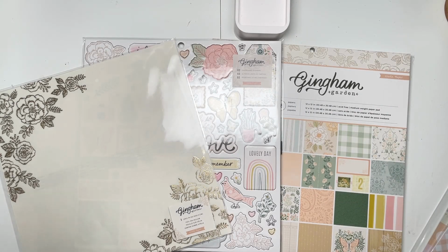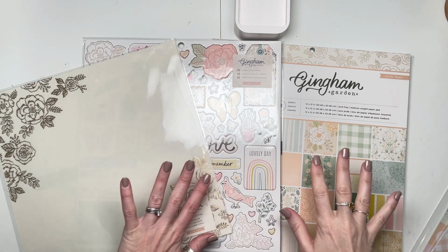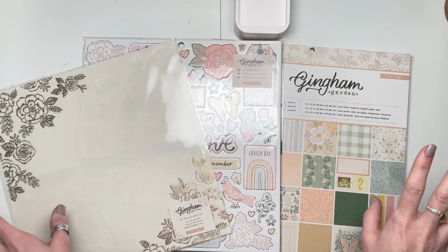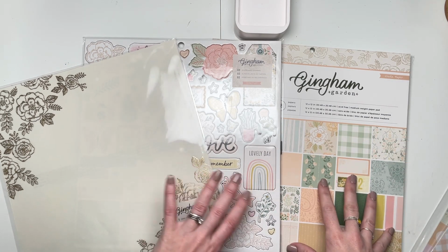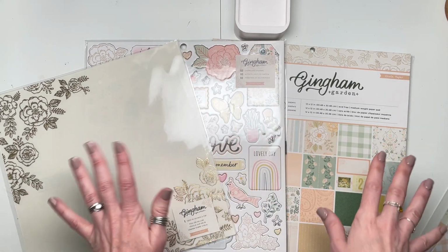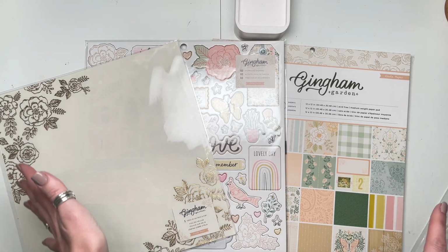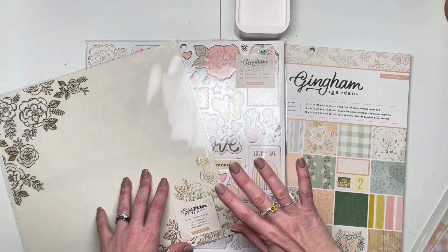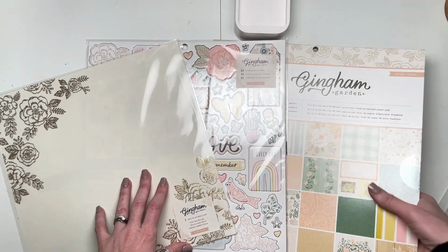Hello everyone, here is a closer look at the very beautiful Gingham Garden by Create Paper. So this is a new collection to the shop. I decided not to buy in all of the individual papers and do something slightly different for this collection and for Pages Blooming Wild. So in this collection I decided to just buy in the